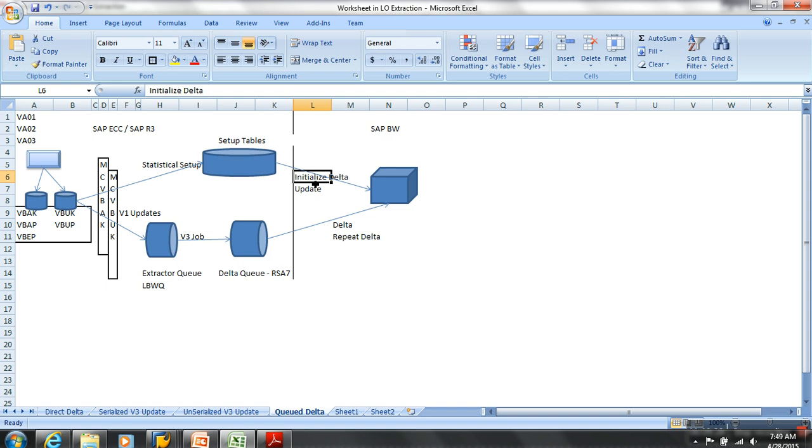You will do init without data transfer. What happens? You are just initializing it, but you are not bringing any historical data. And I will load it to ODS and then to the cube. Okay, boss. Now when you do initialize delta, from now any postings you are doing,